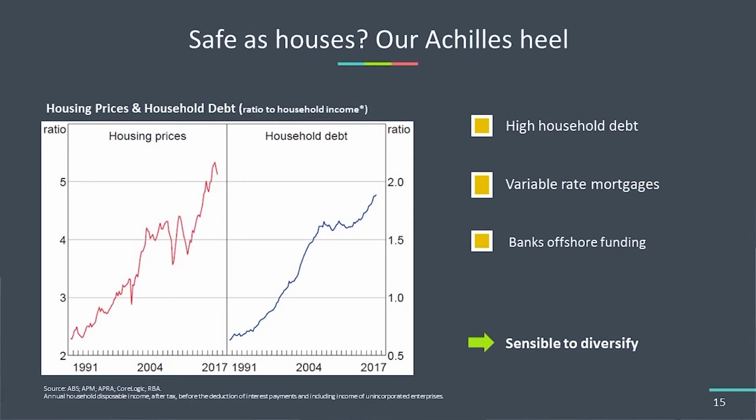It's not news to anyone that the Australian residential market has tipped over on the East Coast in particular. And it's that combination of high asset prices, high debt levels, variable rate interest, and mortgages that are at least partly funded from offshore debt sources that has us greatly worried about the Australian residential market. When you put that combination of factors together, to us, on a risk-adjusted basis, the Australian residential market does not reflect good value. And in fact, the broader implications for the Australian economy are quite concerning, because what it means